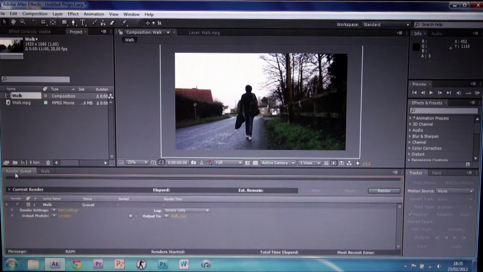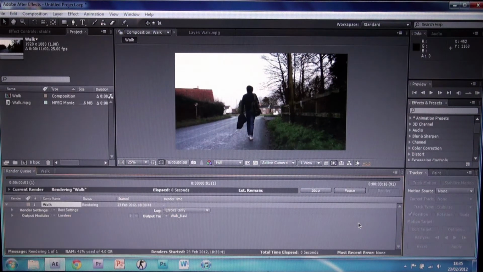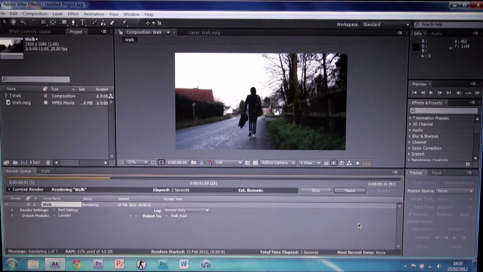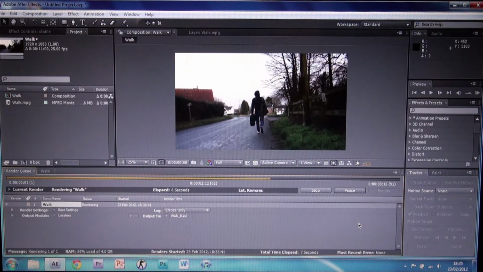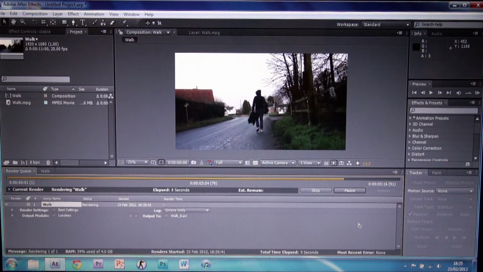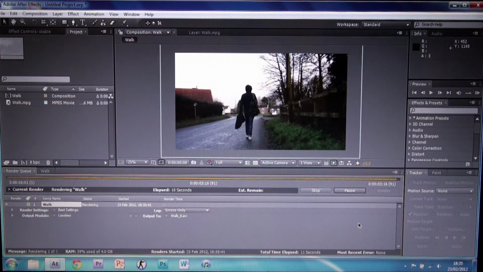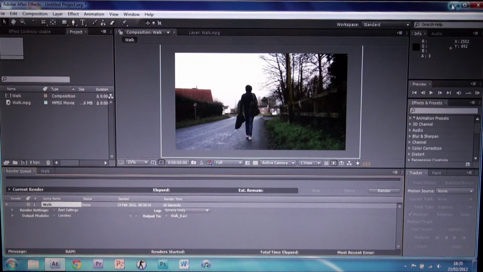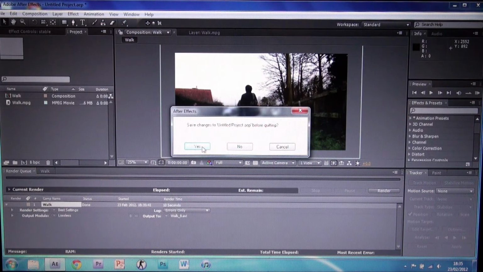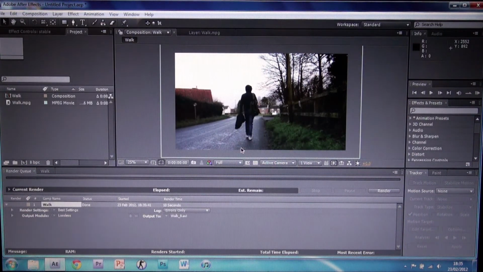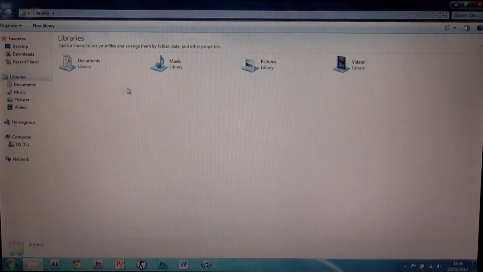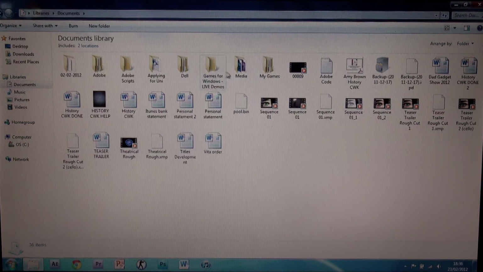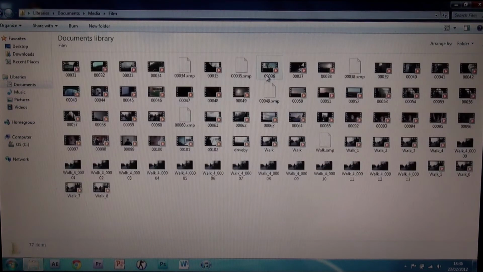So after it's in the render queue, when you hit render, it will render through. And now it's rendered. So let me close this. When you open it up in documents, and when you play it